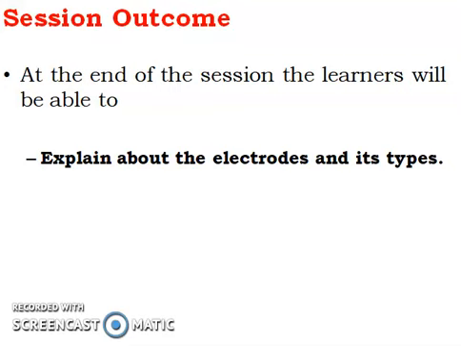In our previous module, we have learnt about the conductors and insulators and different types of conductors, that is metallic conductors and electrolytic conductors. In this module we are going to see about the basic material which is used in electrochemistry